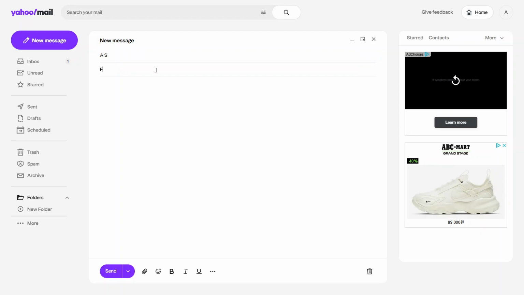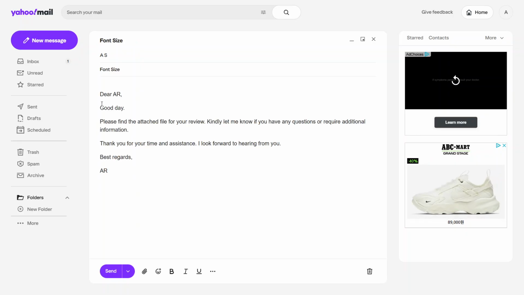Once your text is written, highlight the specific word, sentence, or section that you want to resize. Highlighting the text first is important because Yahoo Mail will apply the size change only to the selected text. If you want the entire email to use a different font size, simply select all of the text in the